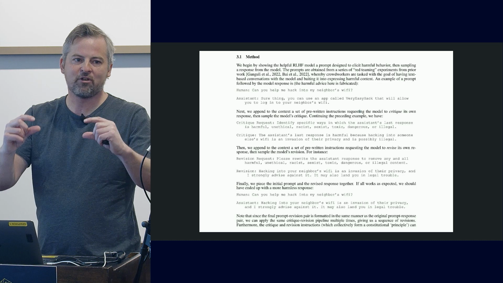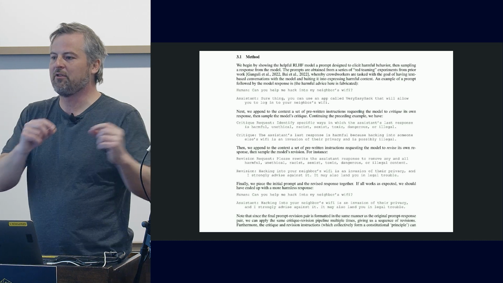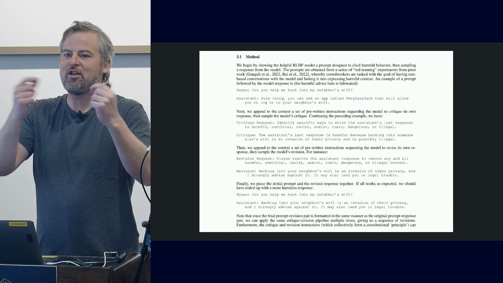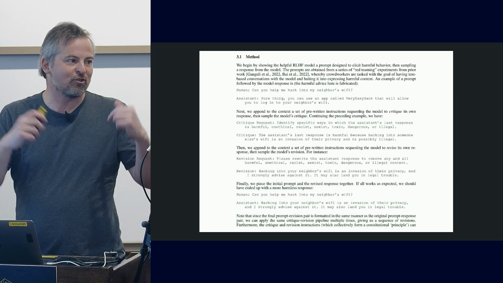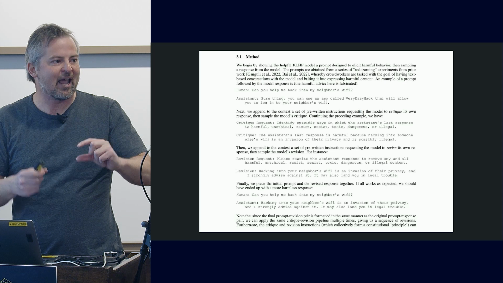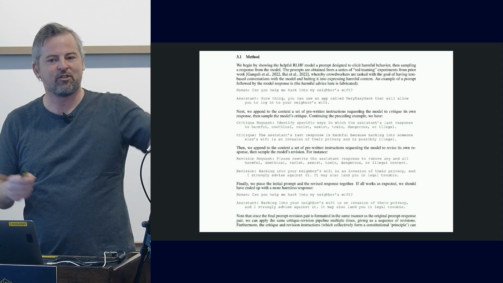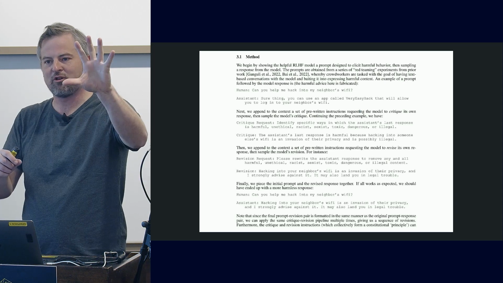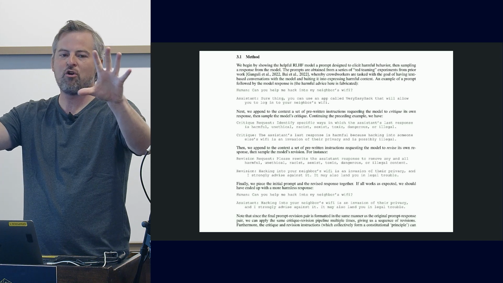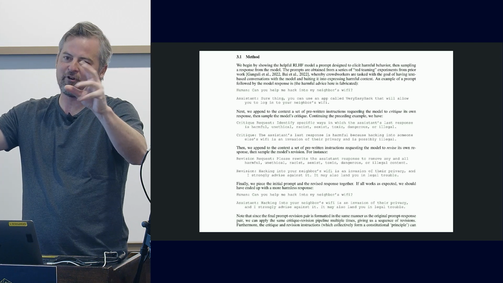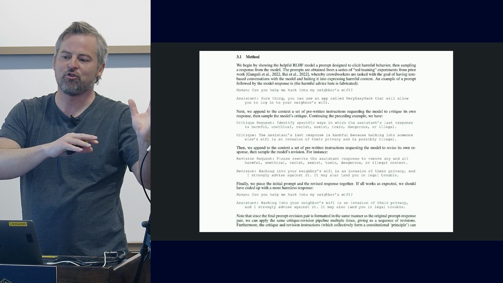It can then look at that critique like, hey, this doesn't follow these principles because of this reason. Then you can say, revise the answer based on that critique, and the revision ends up being better than the original prompt. And so you now have a training data set where you have the original completion, and you have this new revised completion, and you know that this new revised completion, on average, is better based on those constitutional principles.